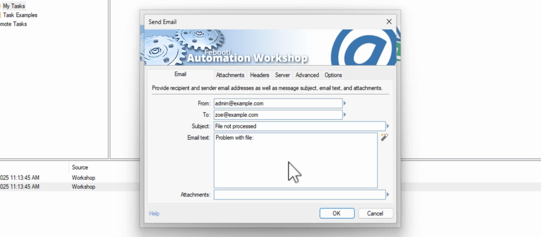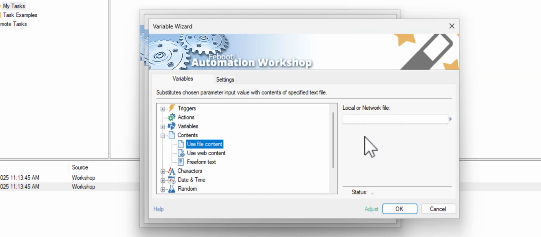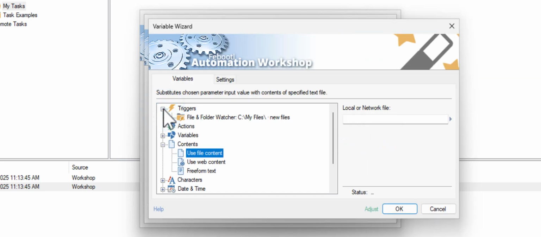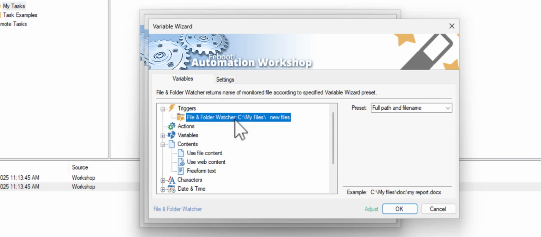I'd also want to include the file name of the problematic file in the body of the email. For that, I'll use the Variable Wizard. Under Triggers, we can access the trigger we added earlier. By default, it offers the full path and file name.